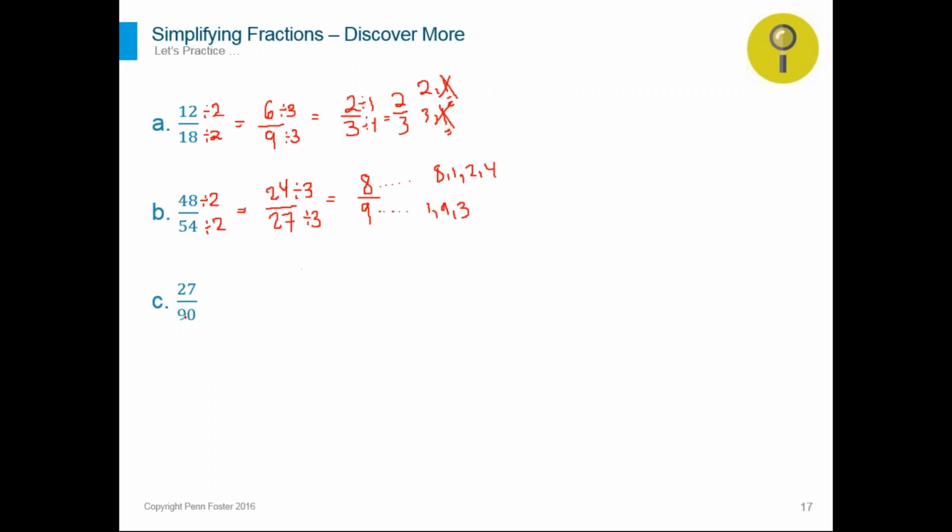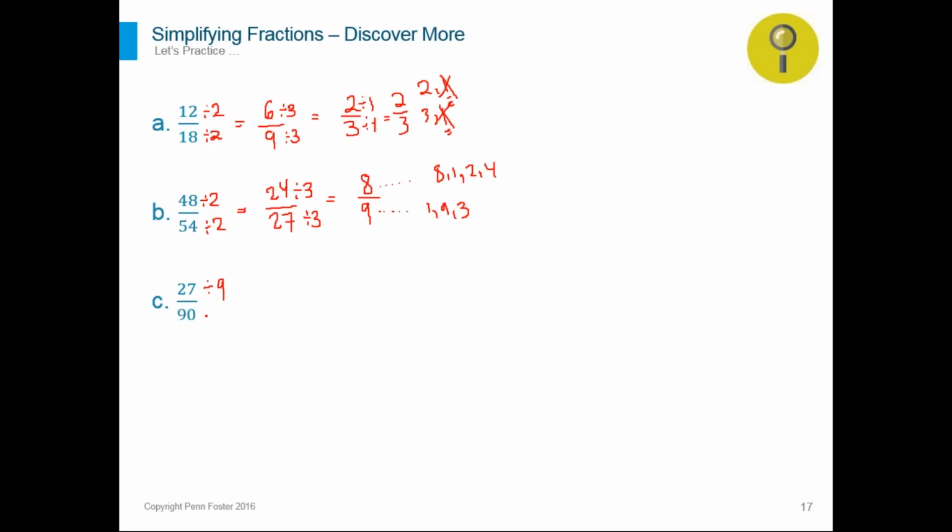Last one, 27 over 90. Not even numbers, so 2 is not an option. What else? I need to think of in my mind what would be something common between 27 and 90. I know that there's something common between 27 and 9, which is 9, but I have 90 in this case. 9 would work again, because 90 is a multiple of 9 and 27 is a multiple of 9. Then use 9